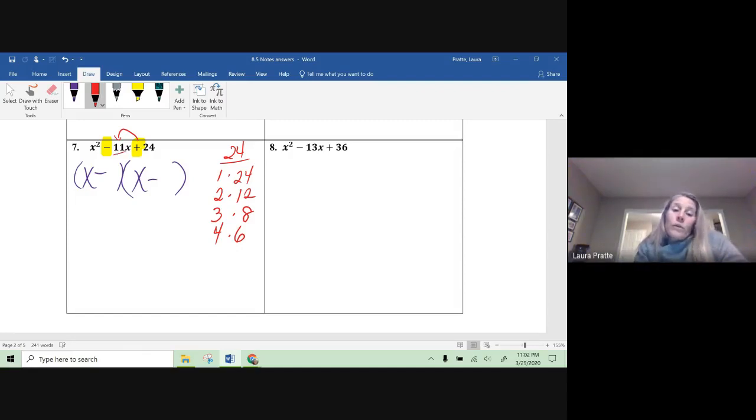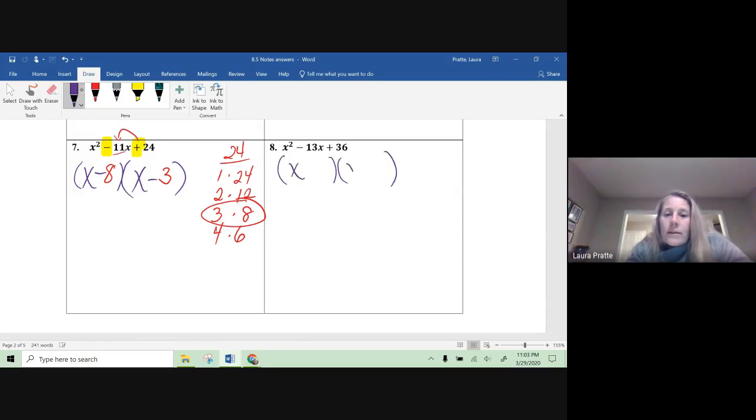So now which of those factors add up to 11? Well, 1 and 24 doesn't, 2 and 12 doesn't, 3 and 8 adds up to 11. So I know my numbers are 3 and 8, and of course they're both negative because a negative 8 and a negative 3 would add up to that negative 11. And then finally, the last problem,